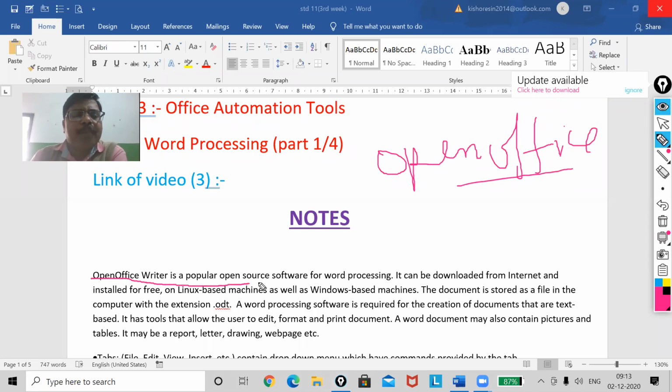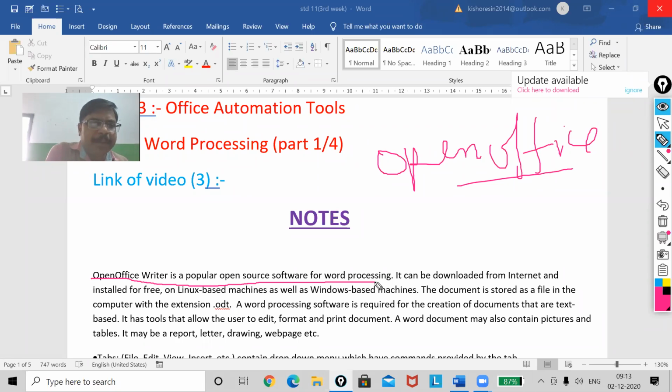OpenOffice Writer is a popular open source software for word processing. Like we have Writer here, we have Microsoft Word. If I'm talking about OpenOffice Calc, then in MS Office you have the spreadsheet, that is Microsoft Excel.